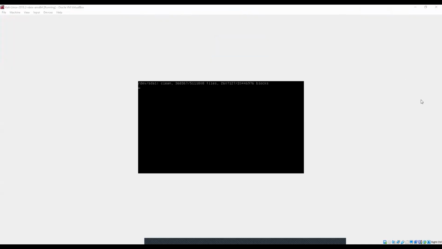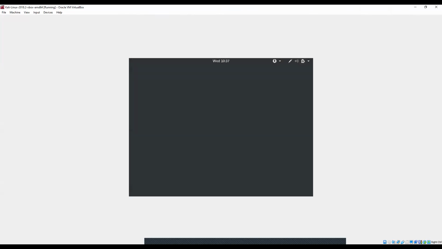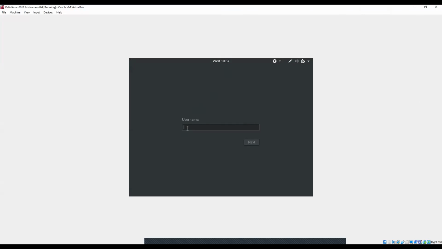My Kali Linux is loading in this window. I'm having a Windows machine, and I also have another Linux machine over my Windows machine.